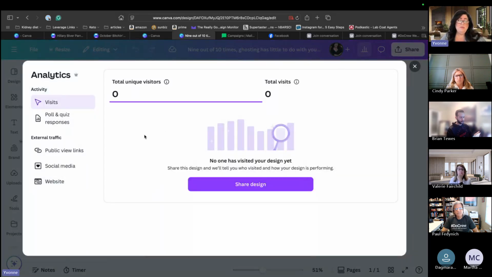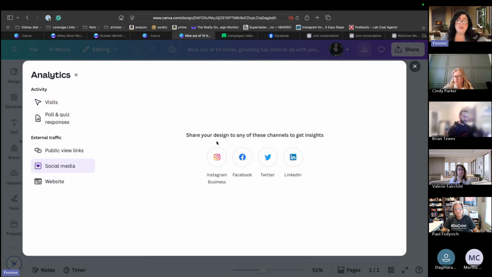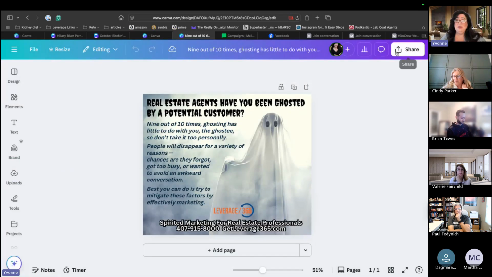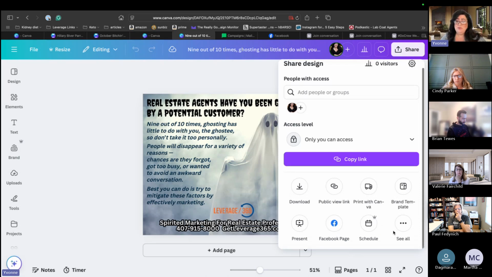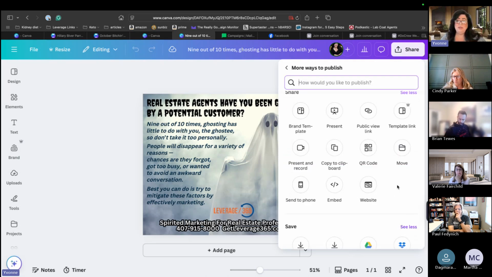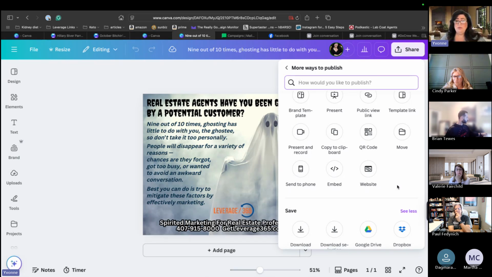If you had shared your design to any one of these social media channels, then you'll get the analytics. If you created a website on here, you'll be able to get analytics from it as well. And then if you go to share, you'll see down here all of the things you can do, but there are also these 3 dots. When you click on the 3 dots, you're going to see even more that you can do.